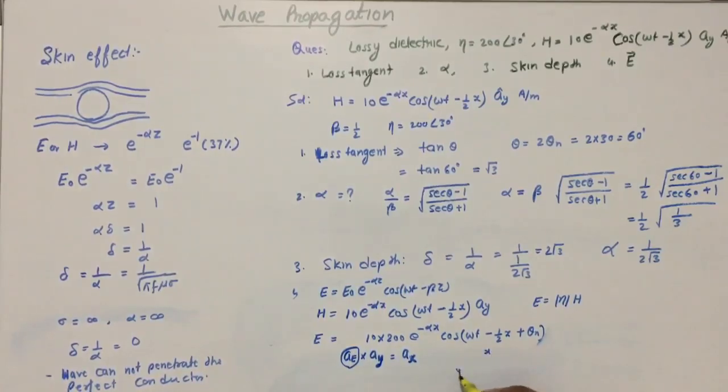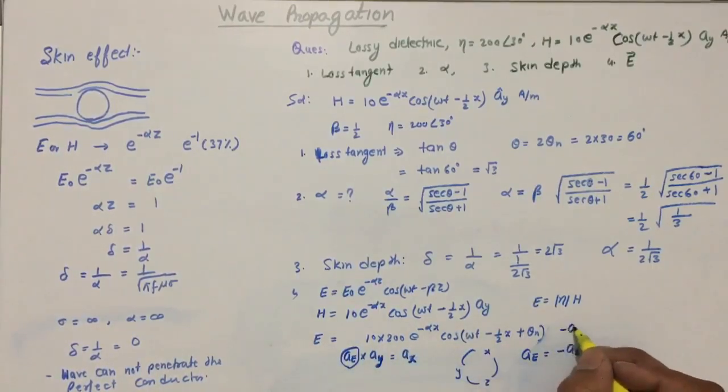For example, if x, y, z is there, then the cross product of these two will give this, these two will give this, these two will give us this. So what should be here to give aX? Here it should be minus aZ. From here we find that aE will be in the direction of minus aZ. So E will be in a